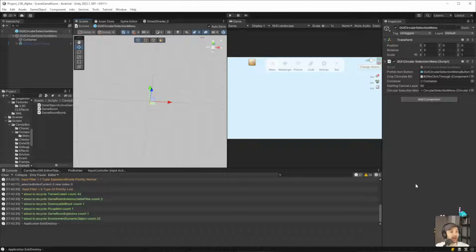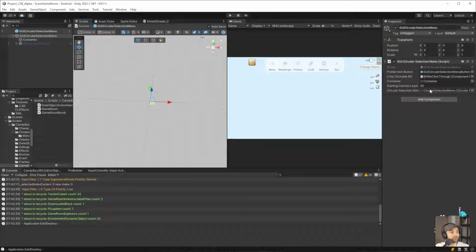Like if I said, as an example, starting layer 100, when it gets dispatched to this point to build out the ring, it'll start at 100, but then every object will go 1 up. So it'll be 100, 101, 102, 103, 104, 105, 110, and so on. And it'll just keep going upward.